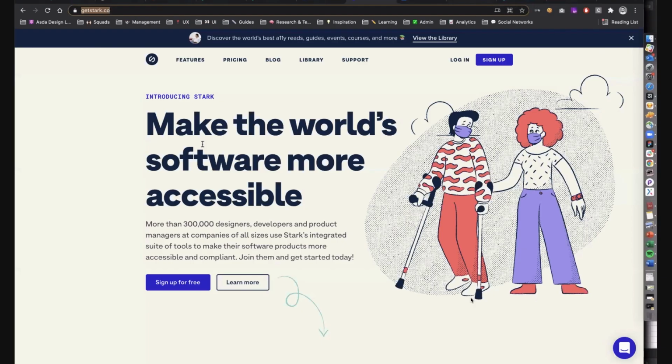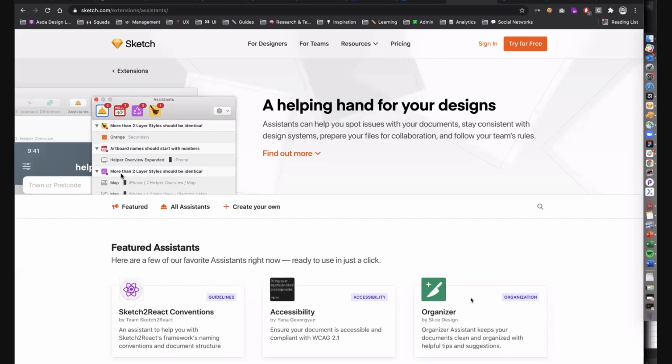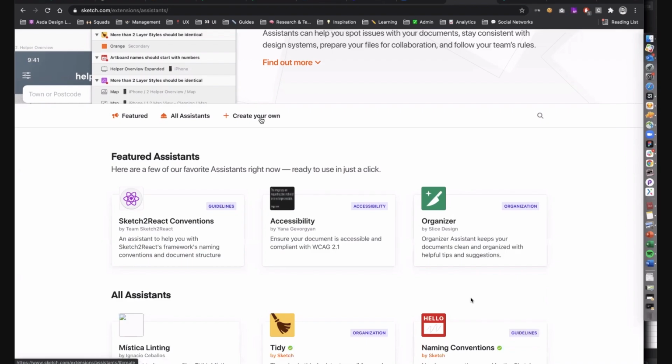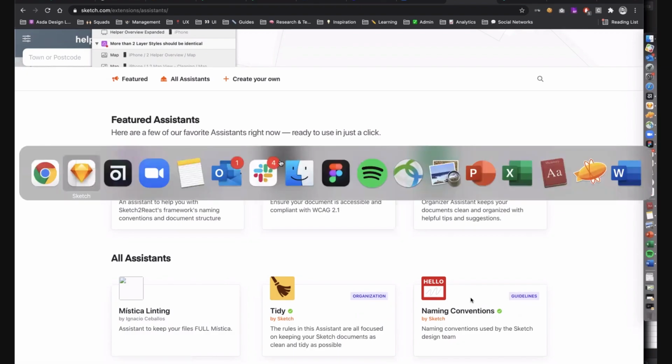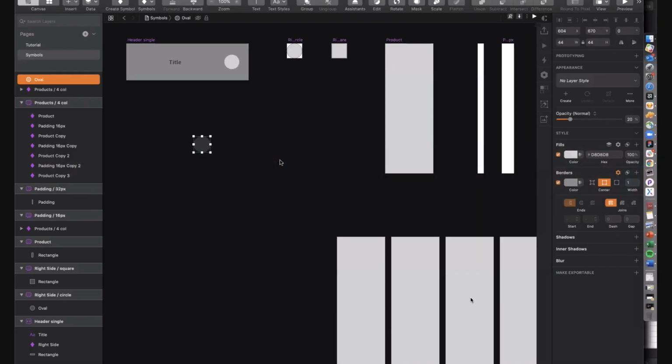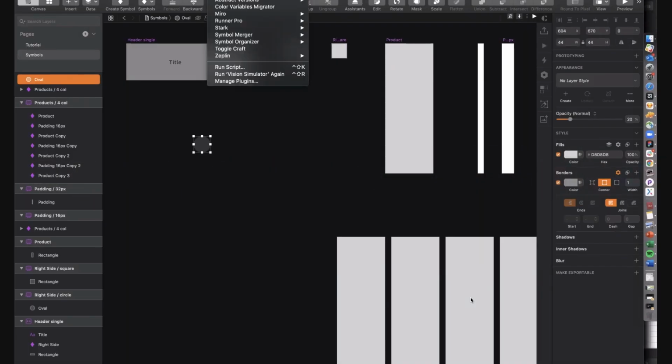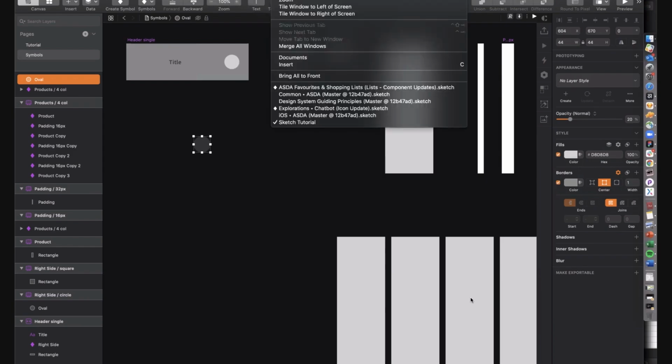I don't know if I talked to you before about assistants in Sketch as well. There's a number of different assistants, and you can actually create your own, which is an interesting one. We're looking to explore that just around content. But yeah, there's an accessibility one in here, which is great. I can show you how that works if you want. It basically does the job of Stark, but it constantly scans your documents. So if I jump into iOS and go to Assistants,